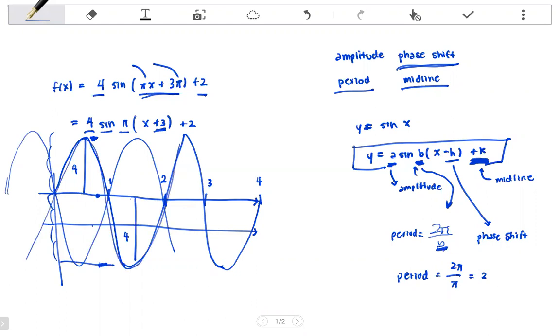And 3 units would be like that again. So our final graph, if I draw it very tinily, is going to be like that,